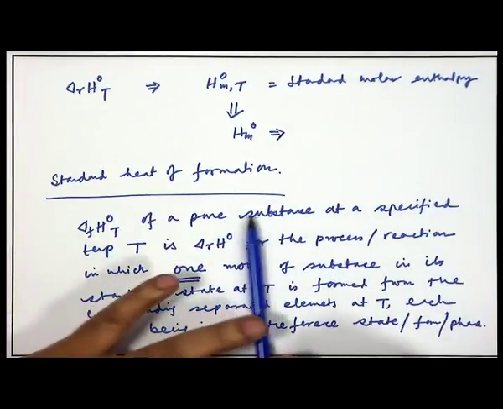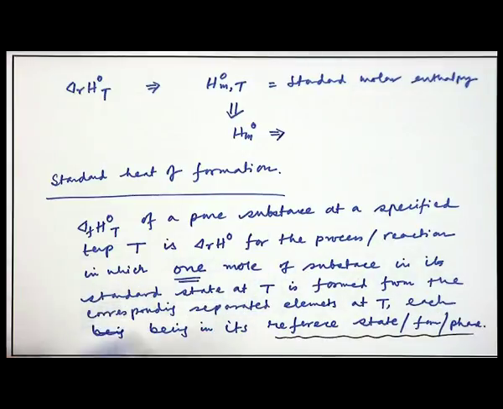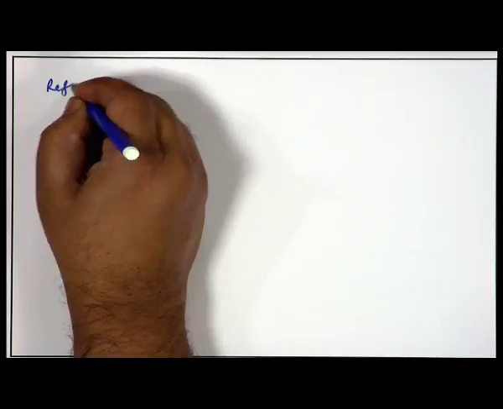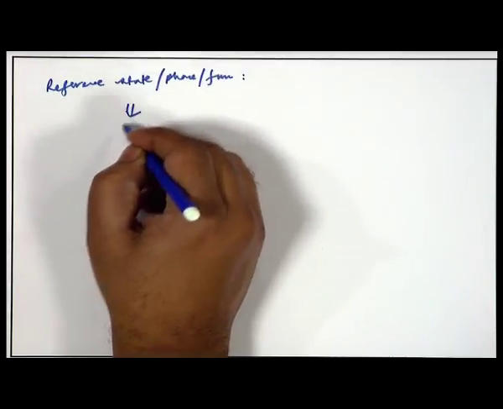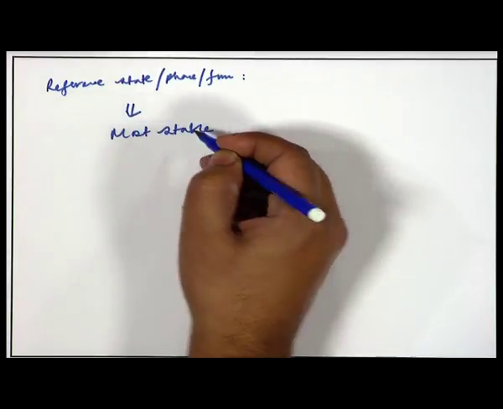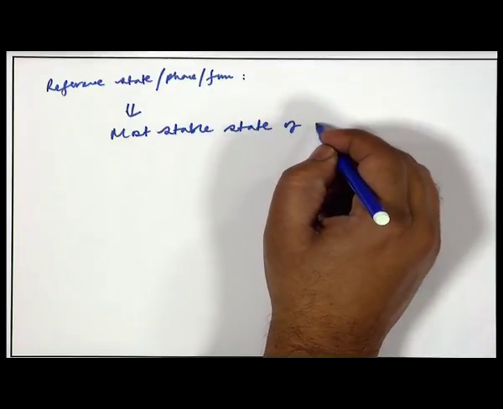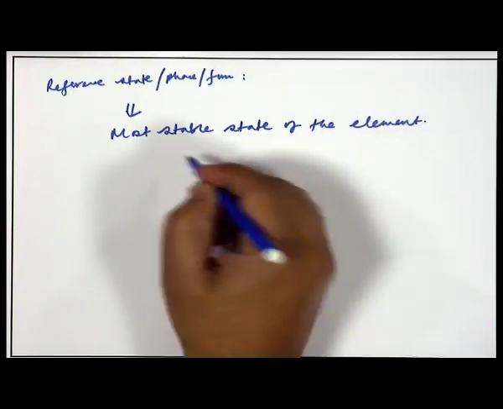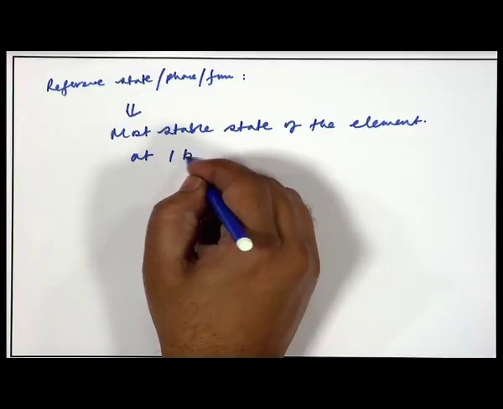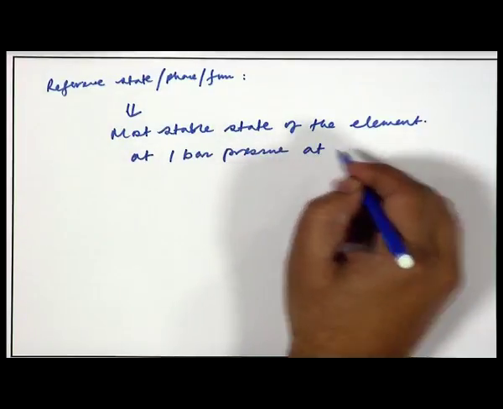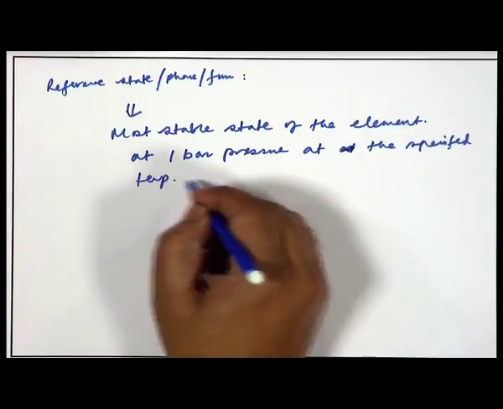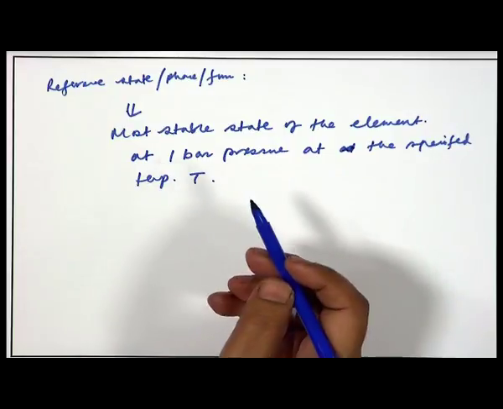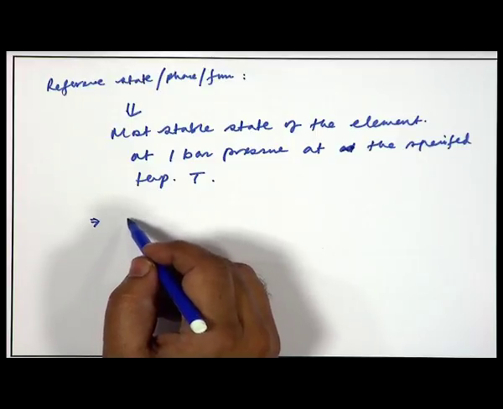Now, what is this reference phase or reference state of the constituting elements? The reference state or phase or form is the most stable state of the element at 1 bar pressure and at the specified temperature T. Now, if temperature is not mentioned, sometimes like in your textbook, it is assumed that T is 25